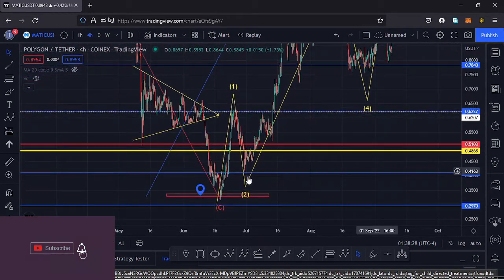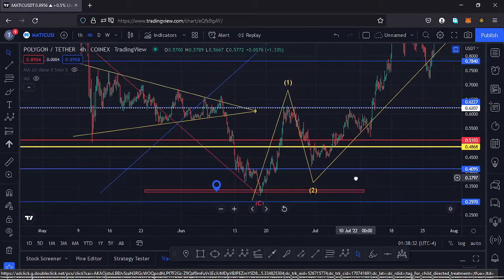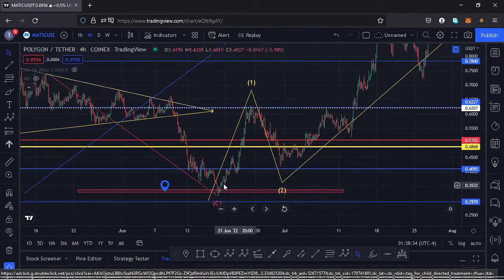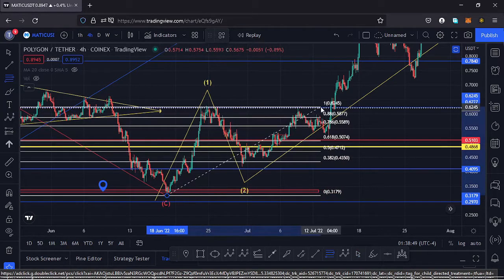So if I get a little bit into the details of the formation of this fractal wave so that it can give me the key scenarios that I expect to play out on this chart, you can see after making our low down here at around the $0.32 mark, we saw a very nice bounce to the upside and formed the high for that first wave to the upside. Then we saw a very nice retracement to the lower side in the formation of a wave 2, and using the Fibonaccis connecting the low of the wave 1 to the high of the wave 1, that gives me a minimum target area for the retracement of the second wave between the Fib level 0.618 and the Fib level 0.382,